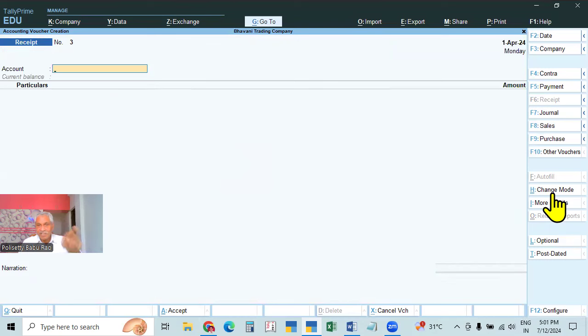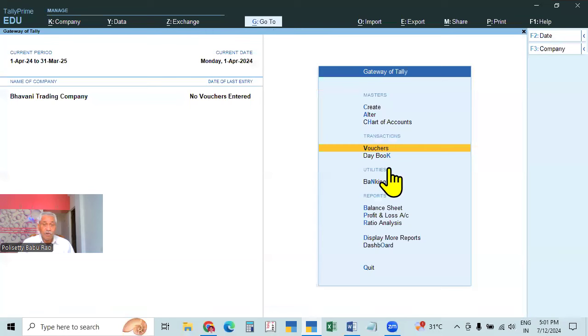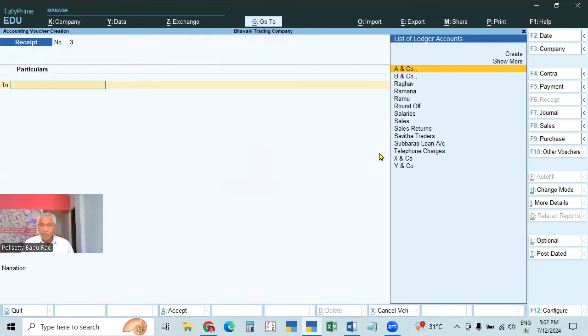Okay, but actually this is very easy, but many people use this. And then, I told you already, when you are recording the transactions and vouchers,